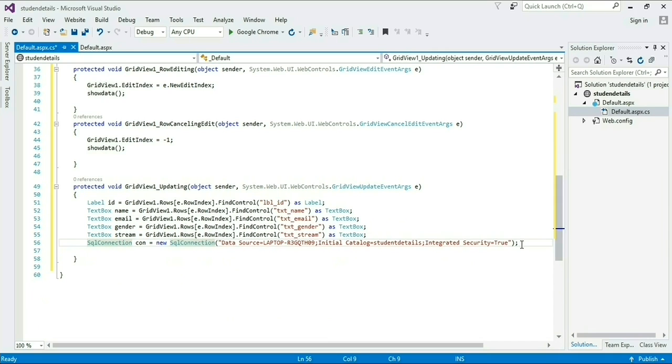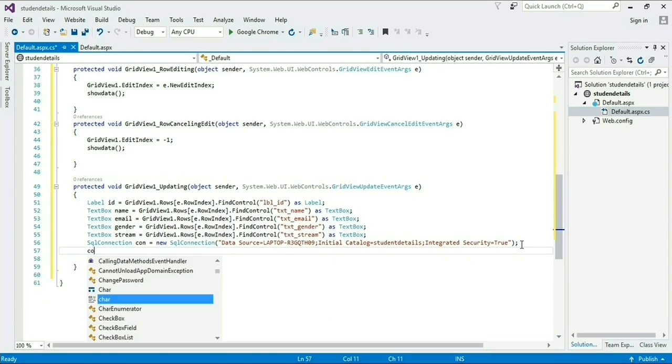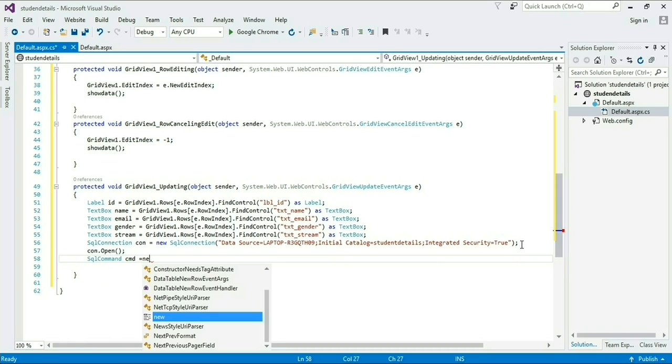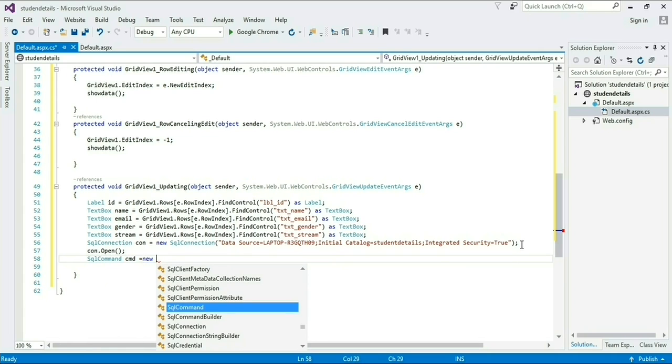Okay, after that I am simply writing a command statement. First of all I open the connection, then I take SqlCommand. cmd is our variable name.